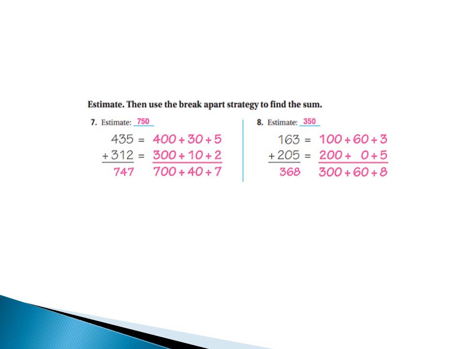163 equal 100 plus 60 plus 3. 205 equal 200 plus 0 tens plus 5 ones. Add each place value. 3 plus 5 equal 8. 60 plus 0 equals 60. 100 plus 200 equal 300. 300 plus 60 plus 8 equal